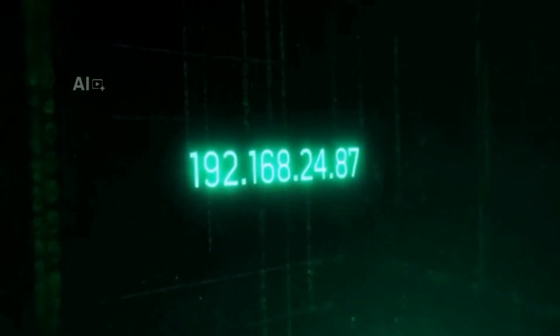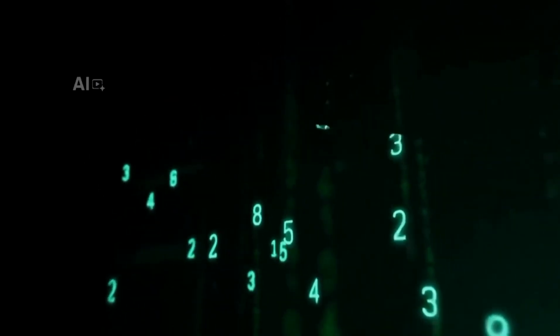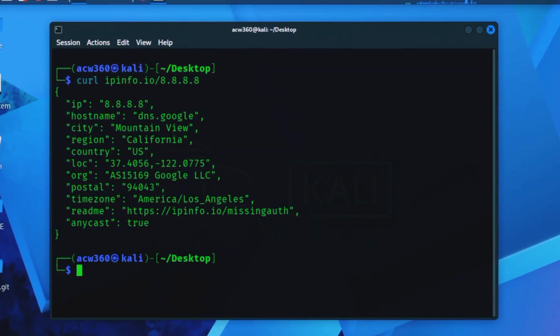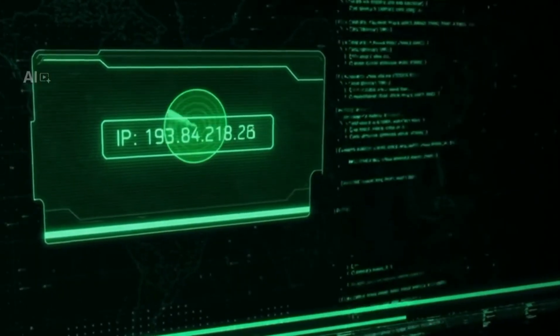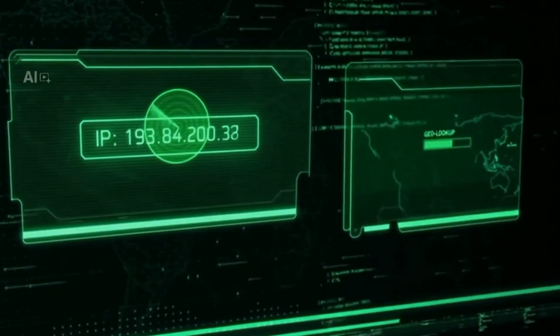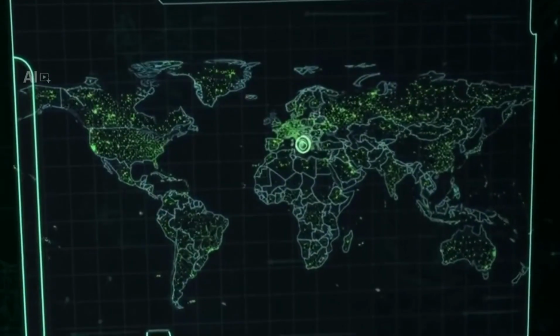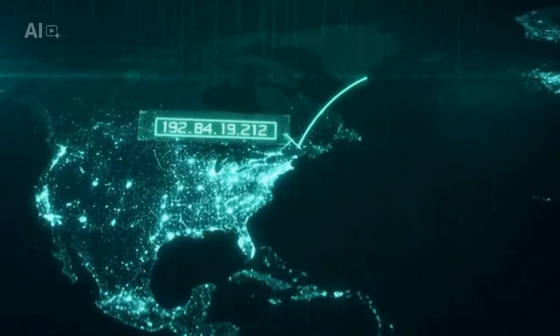Most people think their IP address is just a random string of numbers. They're wrong. Your IP is a digital breadcrumb that can point to a general location. Today, I'm going to show you exactly how analysts and security researchers can interpret an IP address into location data